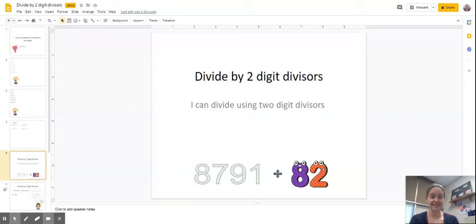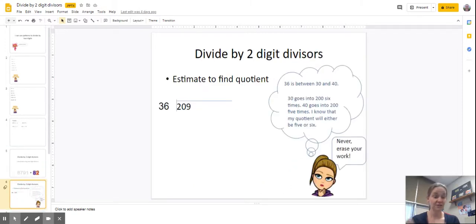Hello, fifth graders. Today we're going to work on dividing by two-digit numbers. In order to divide by two-digit numbers, it takes a little bit of estimating, a little bit of thinking. For example, if you are going to divide 209 by 36, you have to think to yourself, I don't know